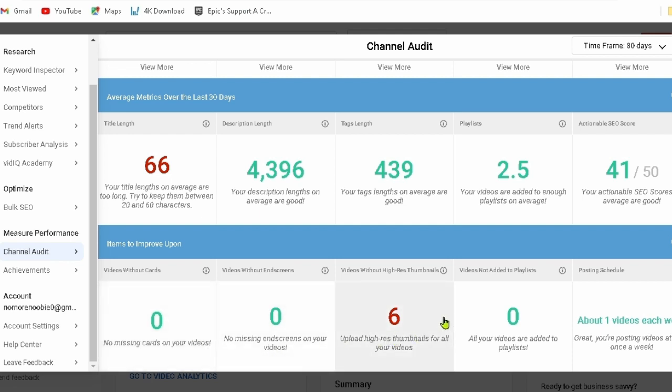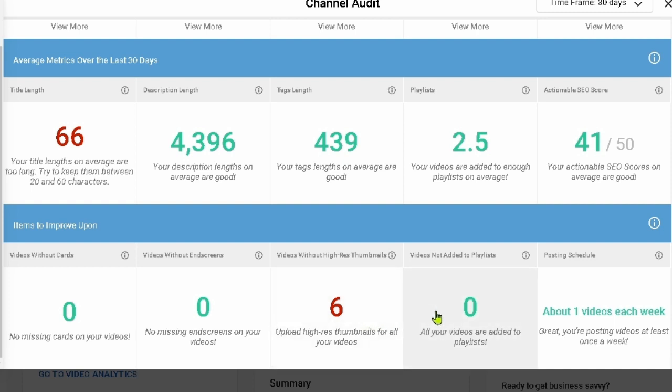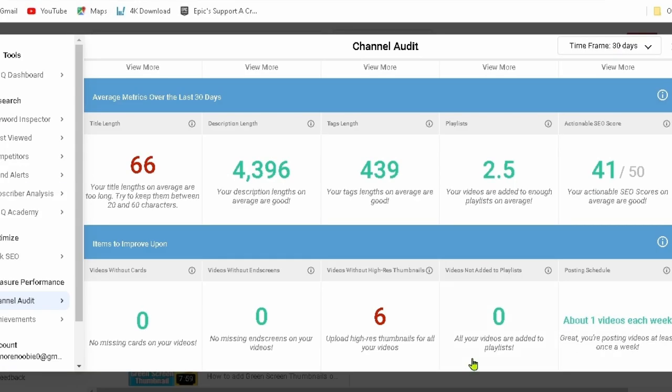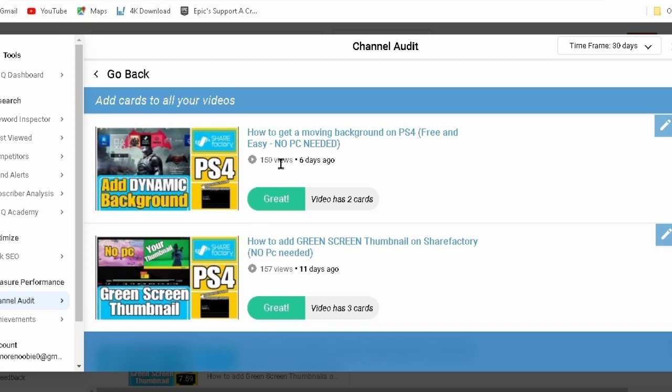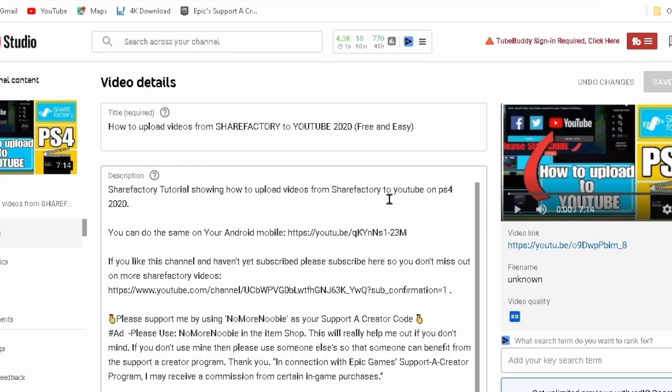Each time you upload, you just go, oh yeah, I haven't done this, or I haven't done that. This section is items to improve upon. So if it's red, then maybe you need to change that part. So if you haven't added cards to your video, or added a playlist at the end, or end screen, or anything like that, if you click on it, it gives you the opportunity to change that one in particular. So you could click on the pencil here and go in. If this was saying red and you haven't added cards, then you could go to it and add some cards